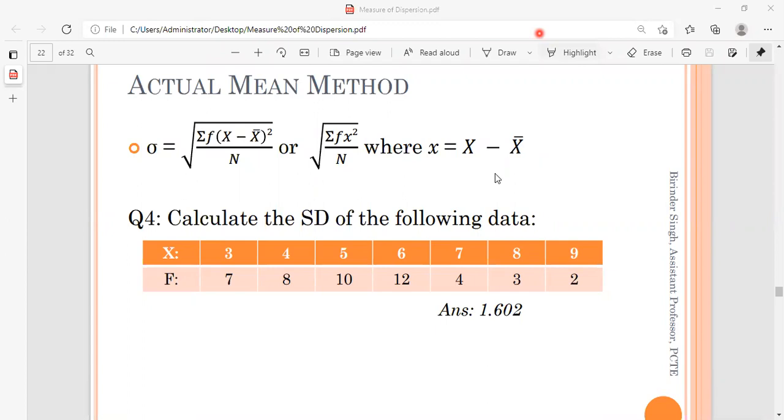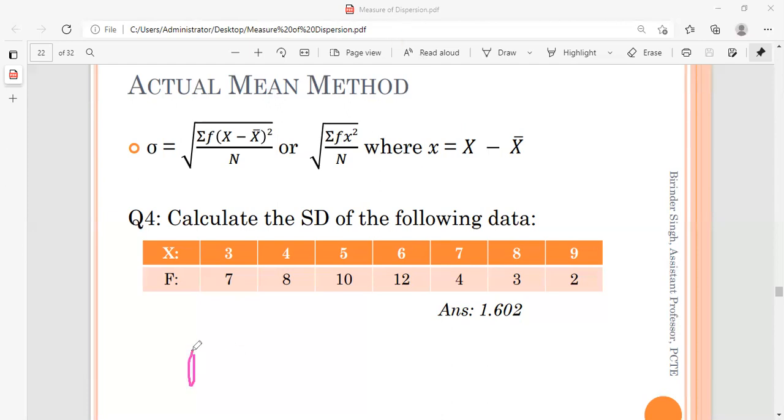So again, here you can make use of the direct formula and this formula. See, this formula is the exact one, but if the mean has a decimal value, then every deviation will come in decimal figures, and even when you square the deviations, again that will come in decimals. In such a case, computation becomes tedious. So in such a condition where the mean is coming in decimal figures, it is safer and more user friendly to go through another way. What is another way? The use of the direct formula.